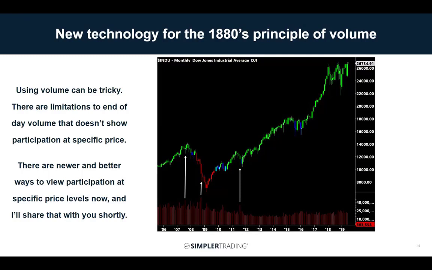Because volume in the traditional sense, like we have down in here, while valuable, is not necessarily as accurate as